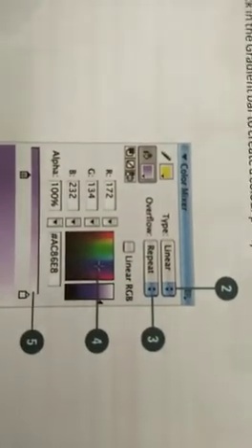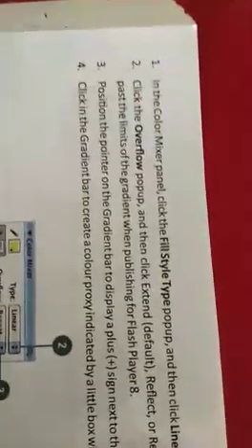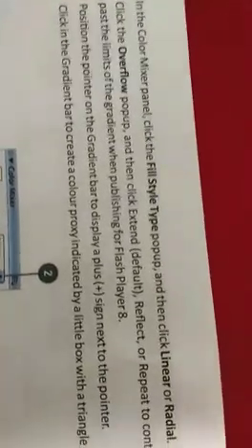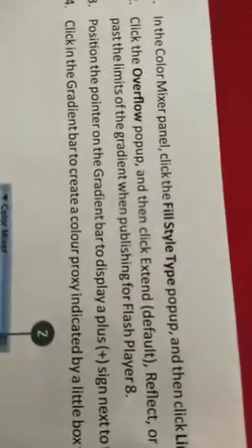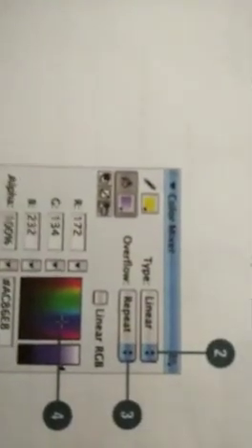Click the overflow pop up and then choose extend, reflect or repeat to control color beyond the limit of the gradient. You can change the color in this way.